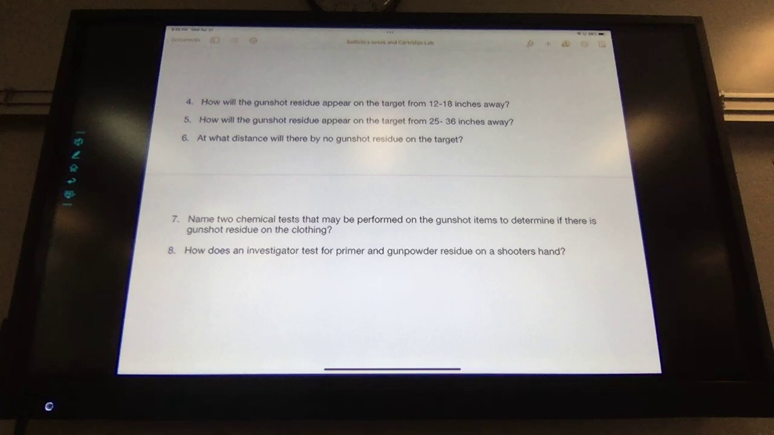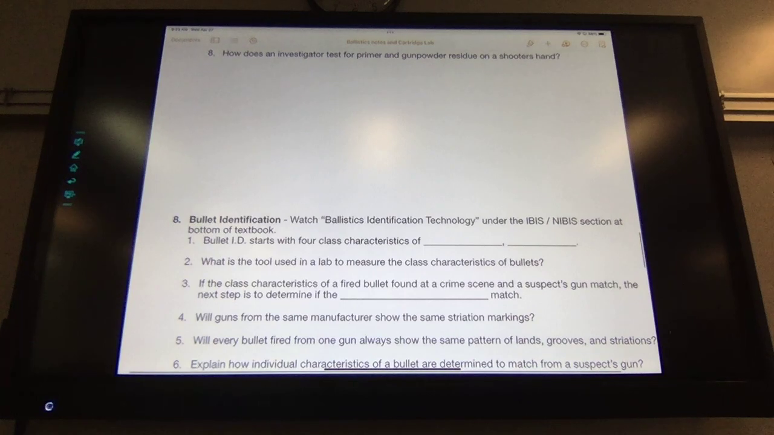And how do they test for primer and gunshot residue from a victim? Once they have them in custody, they have a way of getting the residue off of them, so I'll show you that. So that's as far as I'm going to take it with the notes when I get over there,